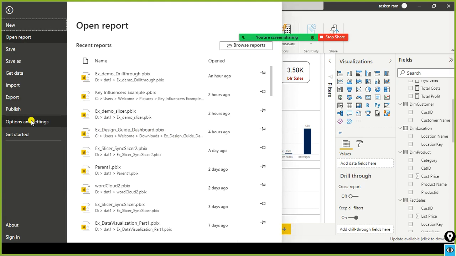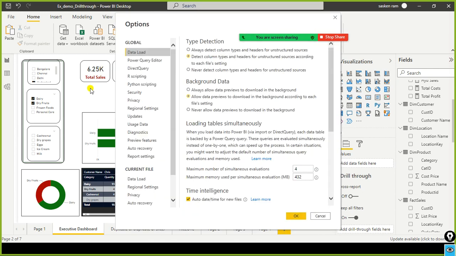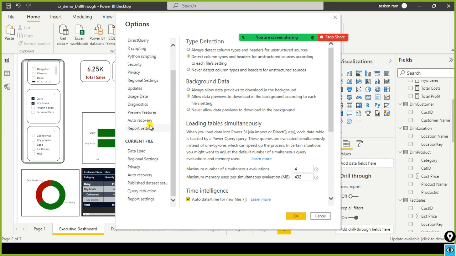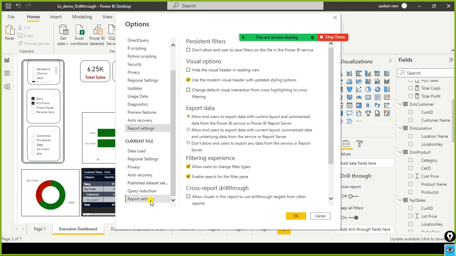In the options and settings, you will find report settings. In the report settings, you need to enable the drill through. You will find cross report drill through. I am going to select this one.